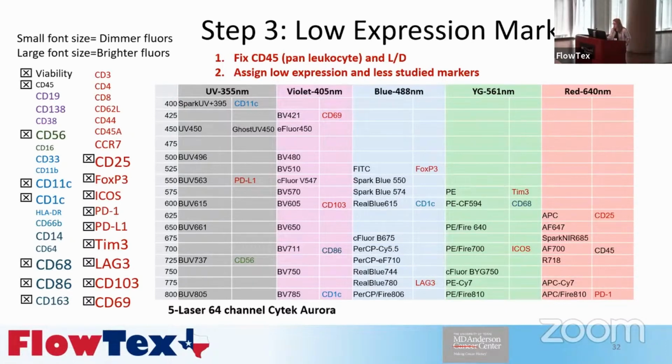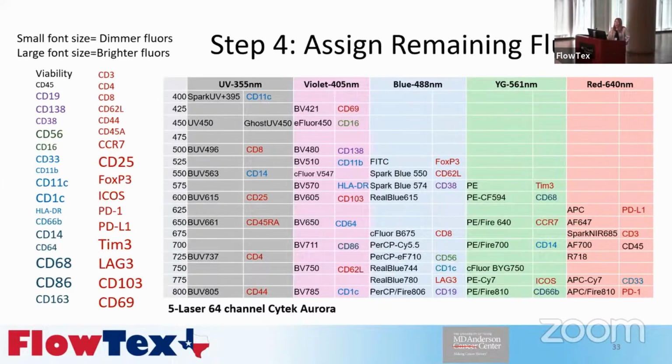It's usually iterative to go through this a few times before you get to a point where you're happy with it. But every step, go back, look for problems. Okay, then I'm going to assign the remaining markers. These are the markers that are more highly expressed, so the ones that are in smaller font type here. So this is my HLA-DR and my CD11b, and these types of markers,